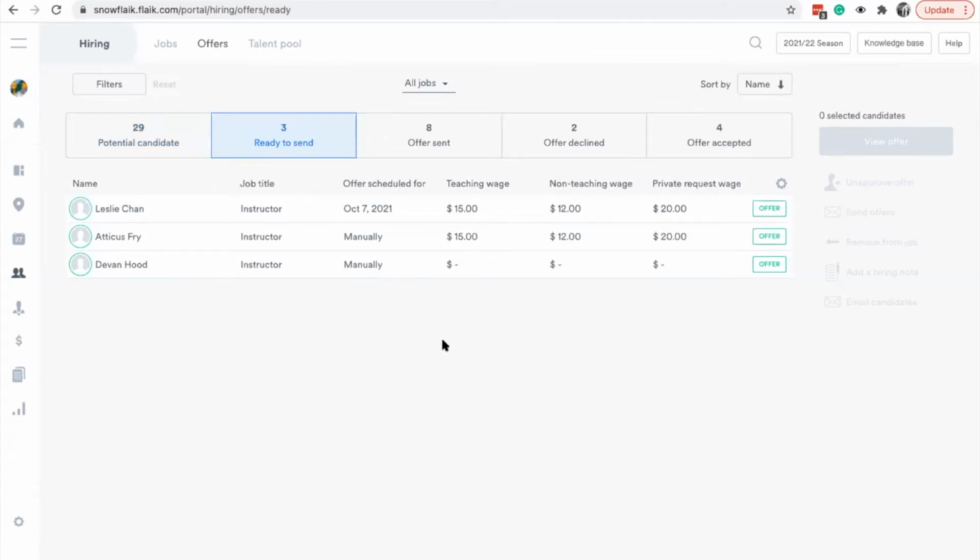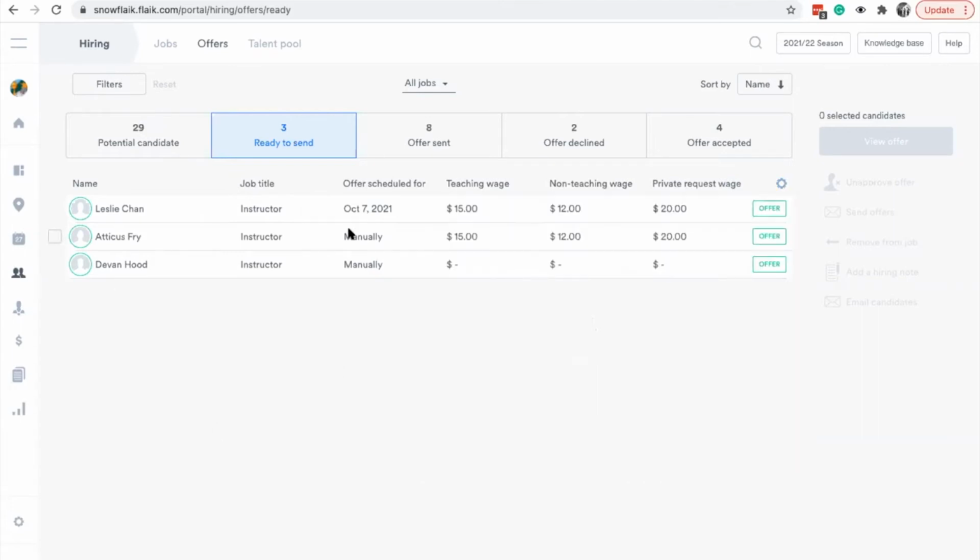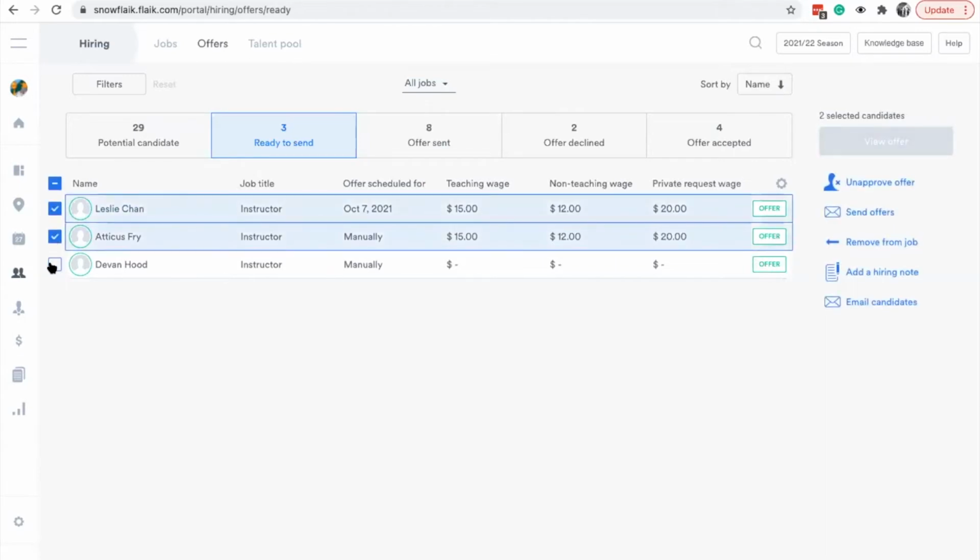Here, you're going to be able to see the different wages. Again, you have a gear that you can pull in whatever fields you want and you need to look at while you're doing this work. And you can see whether the offer is scheduled to go out or whether it's a manual send. So I am just going to select all three of these people and I am going to send out the